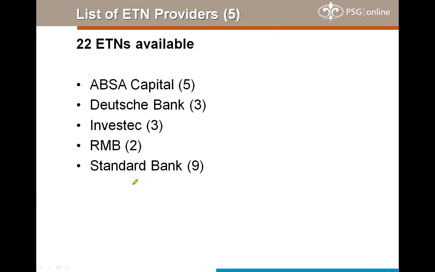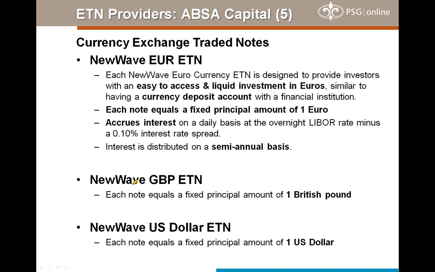Again, the banks, obviously, these are all through the big banks. Standard Bank's the biggest in the sector, and then followed by ABSA Capital. So let's talk about ABSA Capital. They've got 5 different funds. Now, this is nice for someone with exposure, for example, to currency. Okay, so they have 3 different currency